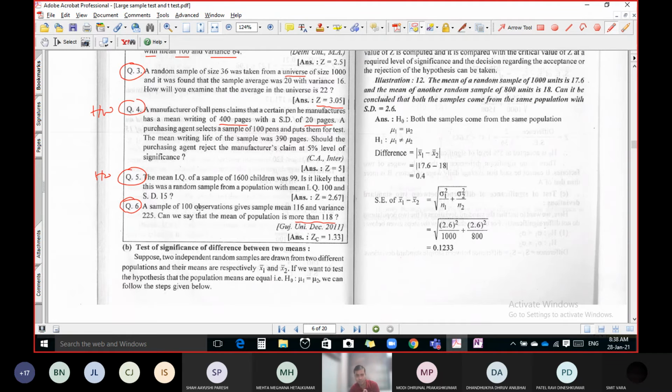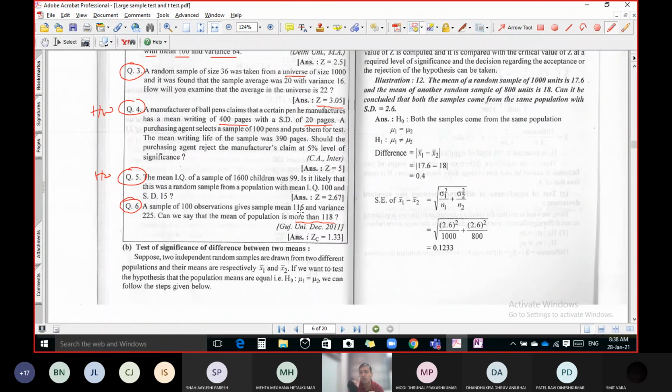That is the claim. Now I want to verify whether this particular claim is true or not. So I took a sample of 100 observations, meaning 100 students. Selecting these 100 students and finding their IQ, we get this answer. 116 is the average IQ of these 100 students. And variation is there. 225 is the variance. Meaning some students may have more than 118, some have less than 118. So now we have to check the claim. What is the claim regarding the IQ of the students?